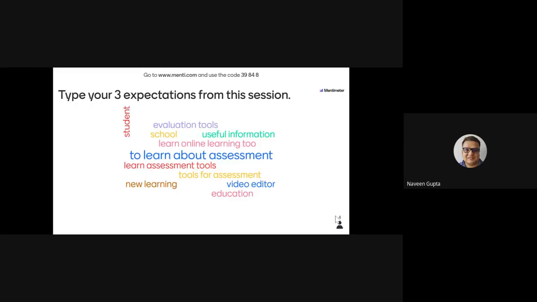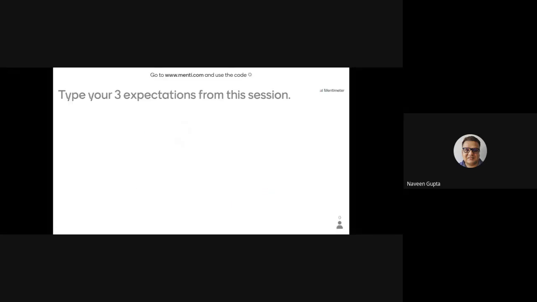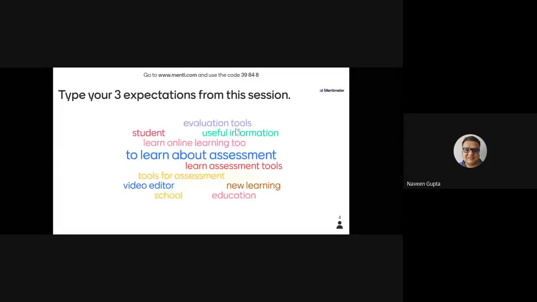You can see in the real-life environment that 4 people have filled. Dynamically, whenever you fill something, it shows me, and it automatically creates the word cloud. So only 4 people have filled this. Please do fill this option. Write in 3 words, any word you can say, and it automatically creates a word cloud for me.